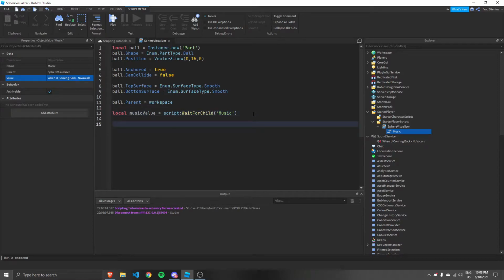Now, let's go ahead and make a function to update our visualizer. We're going to put DT in here. I'll explain what that does later. What we can do is we can say ball.Size is equal to Vector3.new(musicValue.Value. So we're going to this value here, getting the value, which is equal to this, right? You click on this, and you can select your music here. .PlaybackLoudness